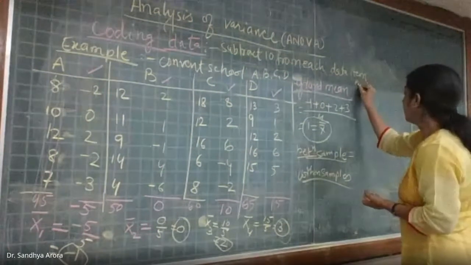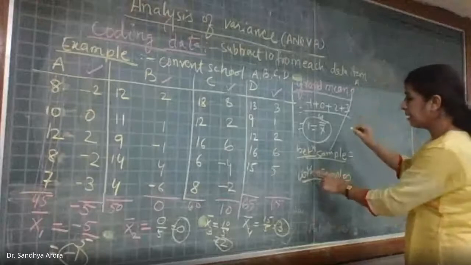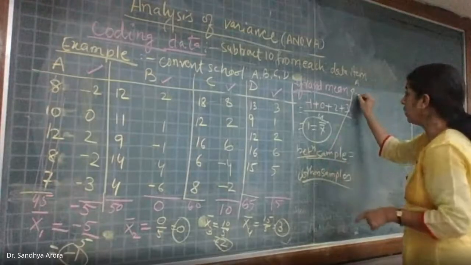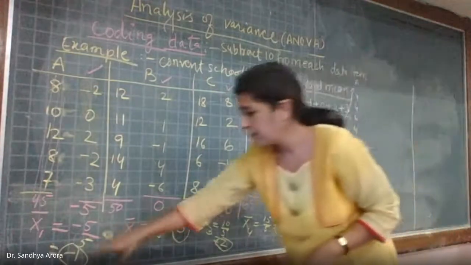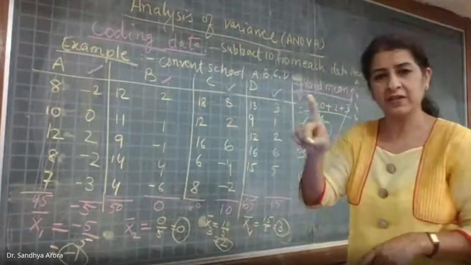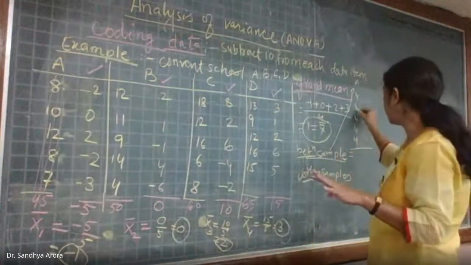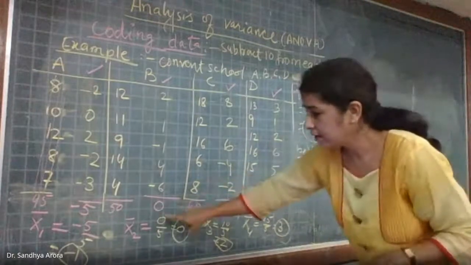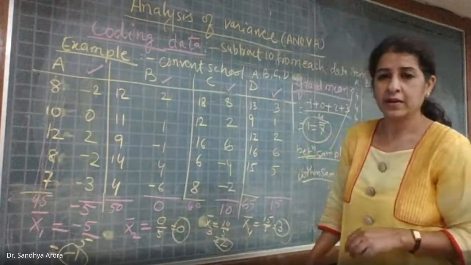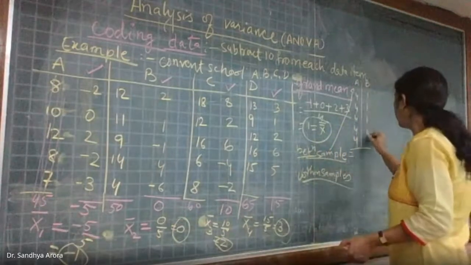Yes, so I'm writing it here, A sample. So I'm calculating this between sample. So for A sample, what is each quantity? 4, 4, 4, 4 and 4, isn't it? Minus 1, minus 1, minus 1, minus 1 is minus 2. Minus 2 squared is 4. So each is 4. Now for B sample, what will be the quantities? 0 minus 1 is minus 1, and 1 squared is 1. So this is 1, 1, 1, 1, 1.